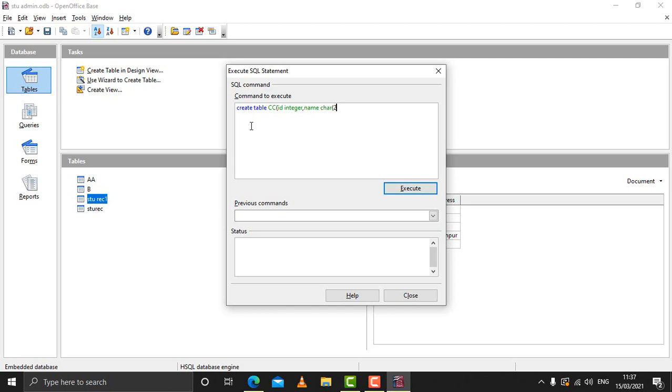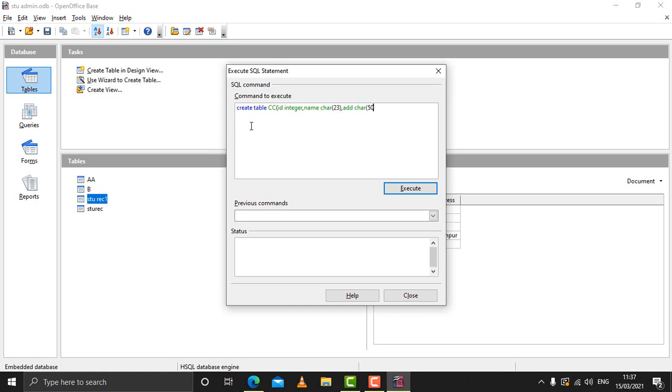Say for example I give it as 23 characters, comma, say for example I give ADD for address CHAR.